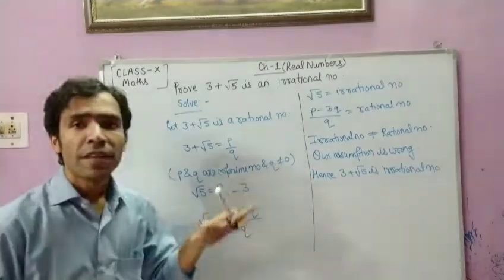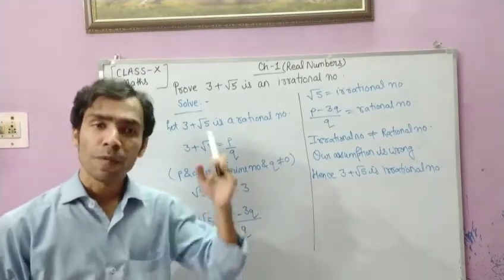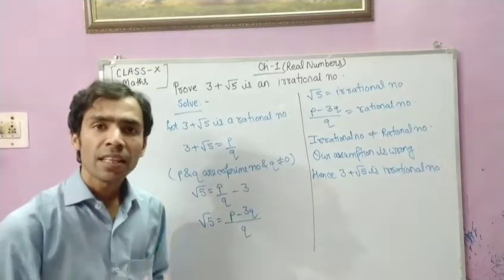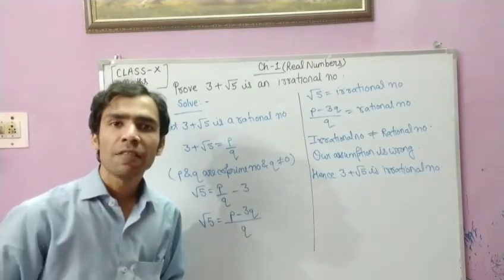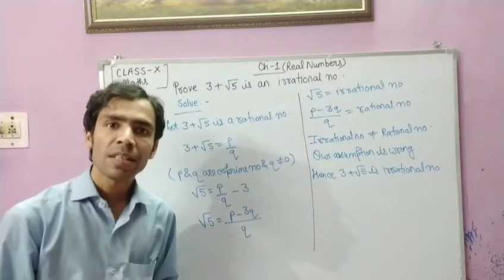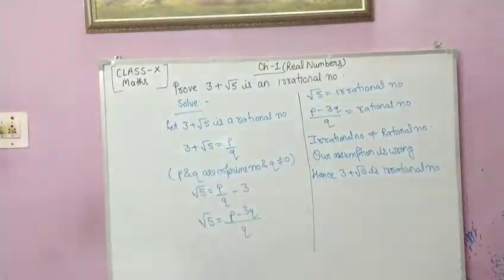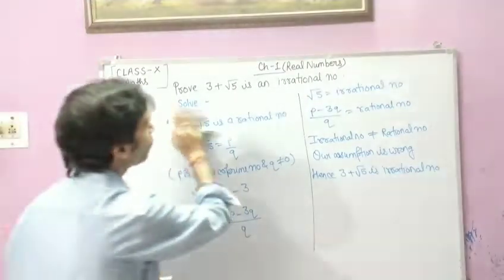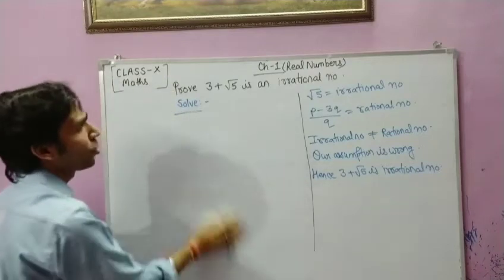In this type of question where a combination of rational and irrational comes, you don't need to follow very broad steps. What you have to do is keep the irrational part on one side and transfer the rational part to the other side, and after the calculation you can easily see one side will be rational and the other side will be irrational, which is not possible. It means that our assumption is wrong. So by this process we can solve these types of questions. Now 3 minus root 5, again this type of question you can solve by yourself.